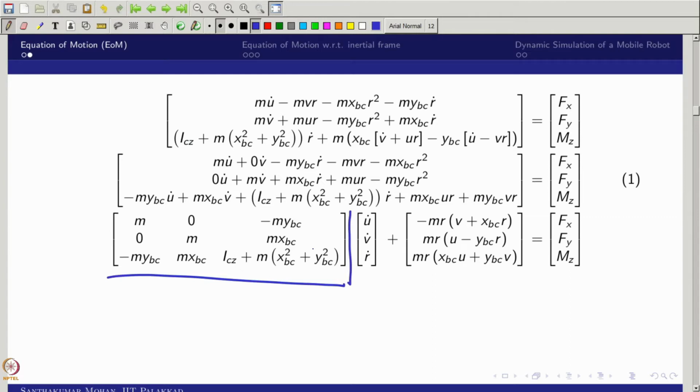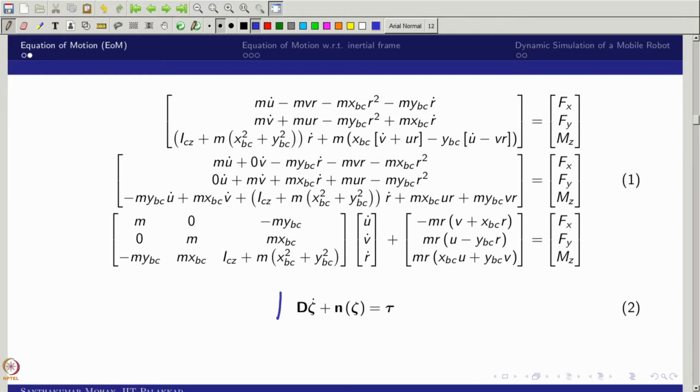What is the speciality? You can see the diagonal values are all positive, and the off-diagonal entries are similar to the bottom ones, or you can say the other way around. What that means is it is a symmetric matrix. So if I call this matrix D, for example, then the D matrix is positive, and the D matrix is also symmetric. This is what one is supposed to know in this particular slide.